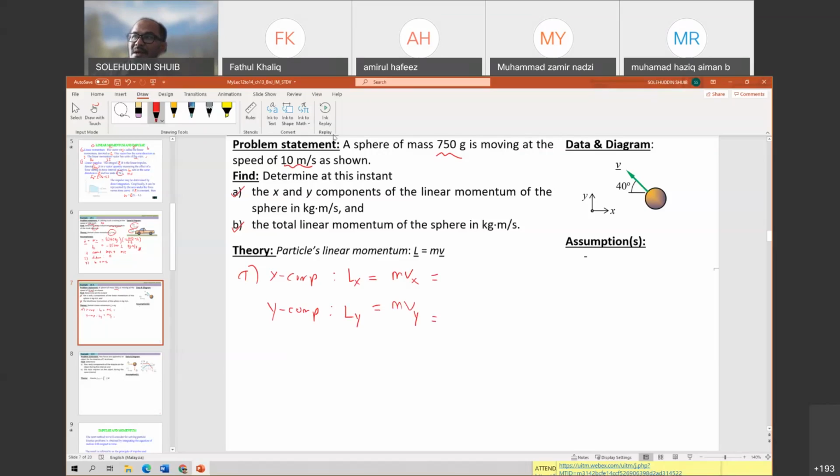Second, what is the value of m? This one you convert into kilogram. 1000 gram equal to 1 kilo, so 750 is 0.75 kilogram. And then how about vx? We talk about vx here, going to the left, right? So it's going to be minus 10